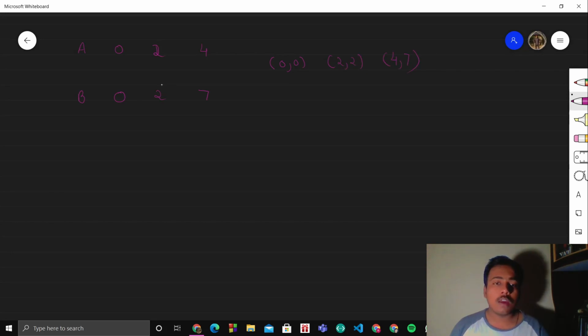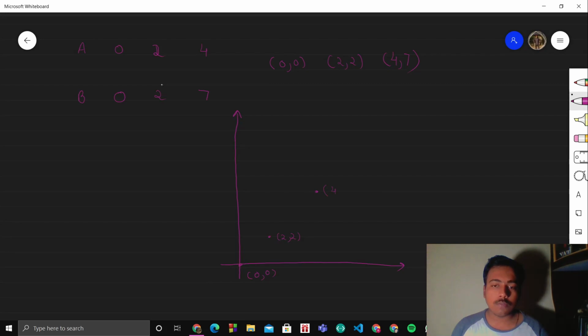Now suppose this is my graph, and these are the coordinates 0 comma 0. Then this is 1, this is 2, so this is your 2 comma 2, and then 3, 4, 5, 6, 7.